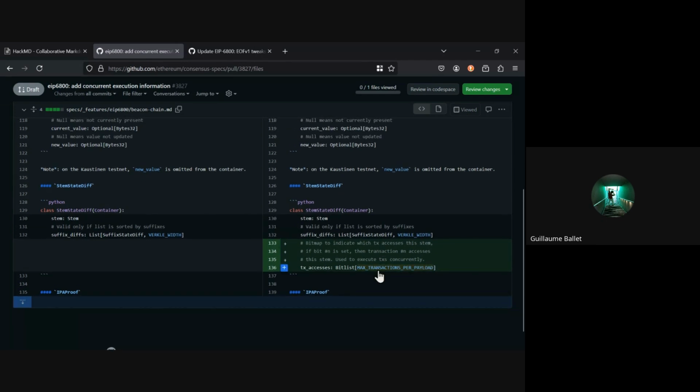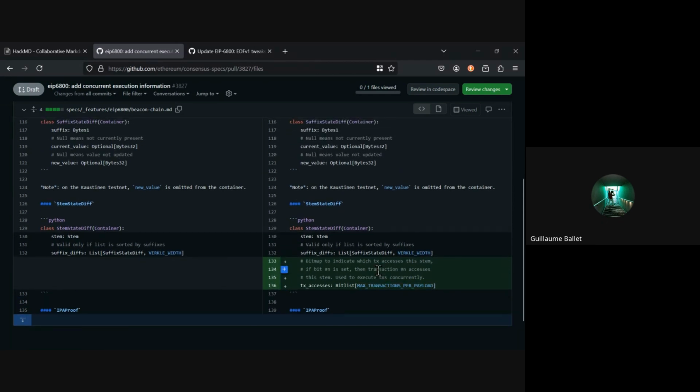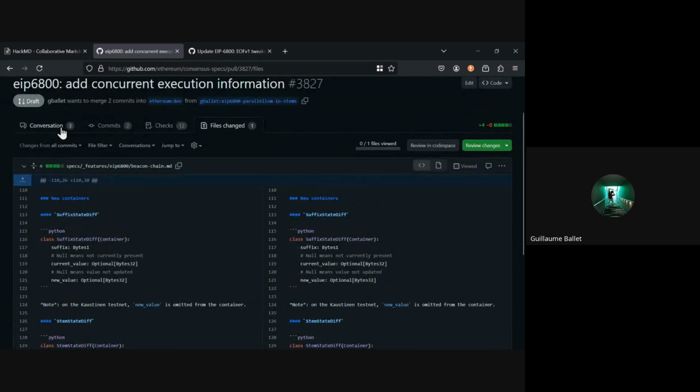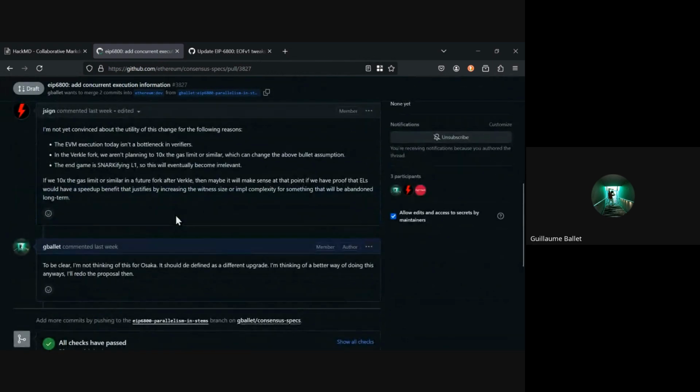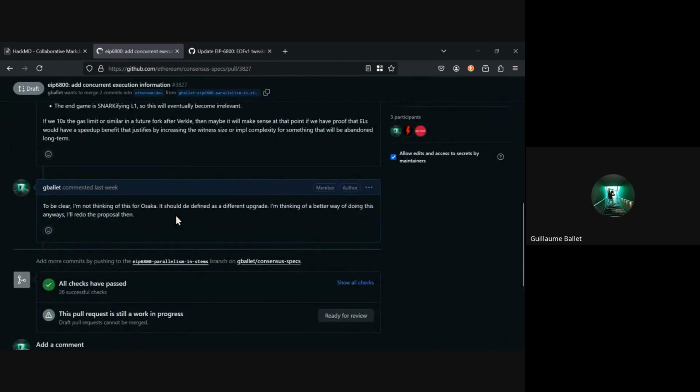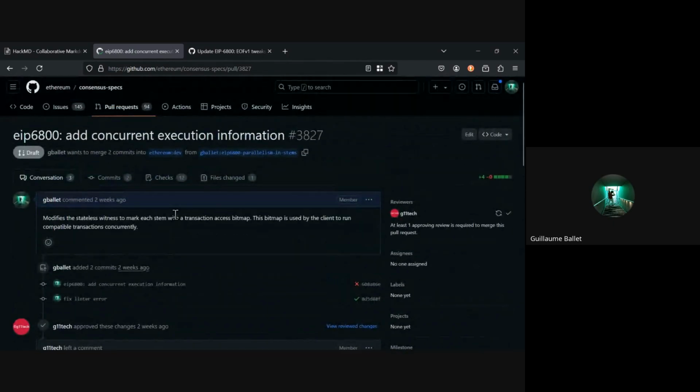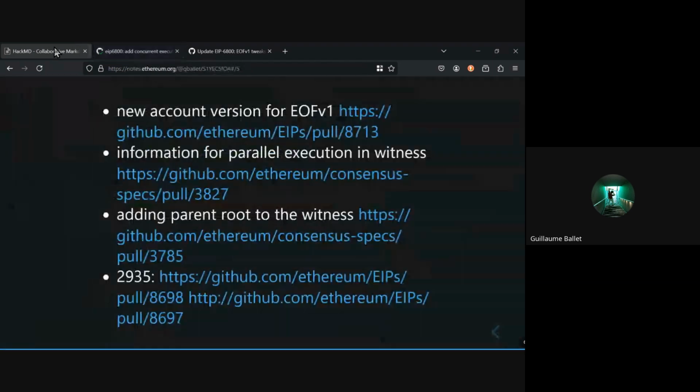So I want to make another proposal, which would be to have a byte list at the beginning of the proof that says this transaction, already breaking the transactions into groups that can be executed in parallel. But that hasn't been really updated. I'm still thinking about it, and I'm just saying this thing exists, so have a look at it. Ignacio doesn't like it, for the record, so that's completely fine. Please have a look.